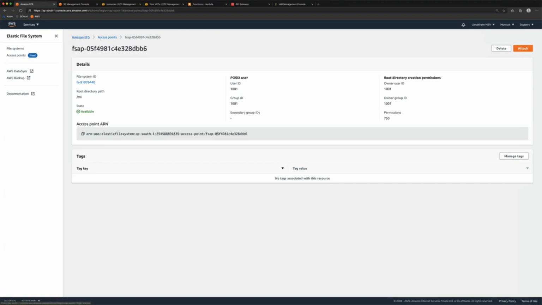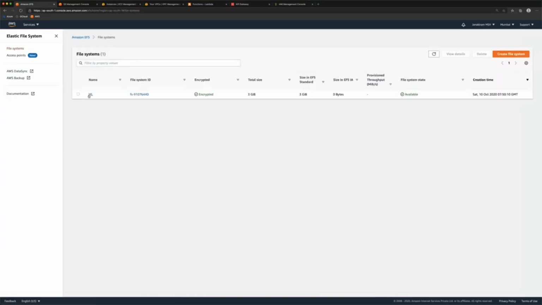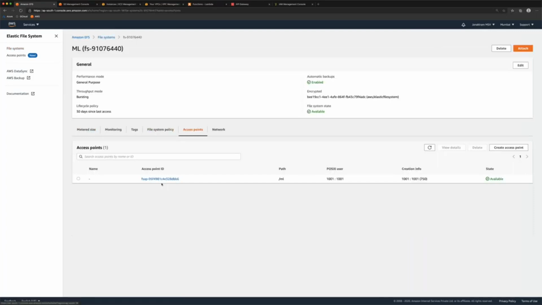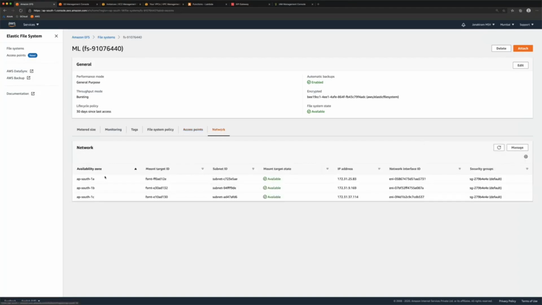So now at this point, we have a file system called ML. It's exposed as /ml, and it is associated with a POSIX user with user ID 1001, and we also define the root permissions, which is 750. And of course, this is available in all the subnets of the VPC.